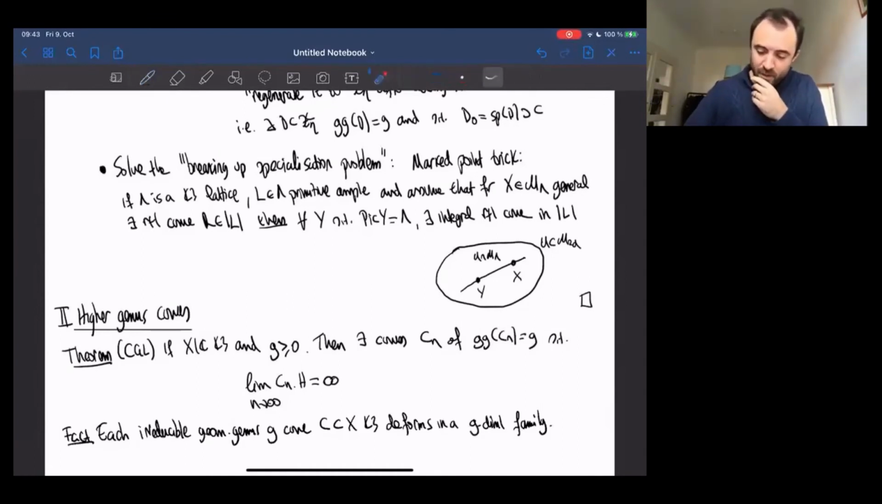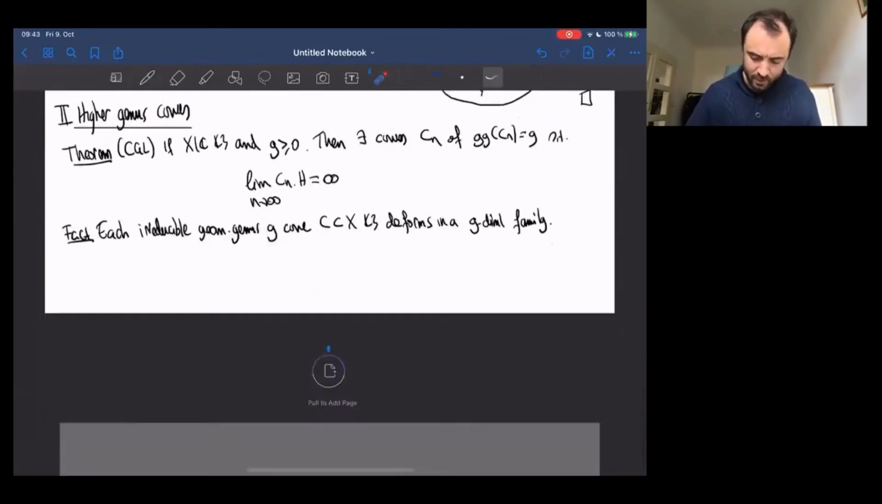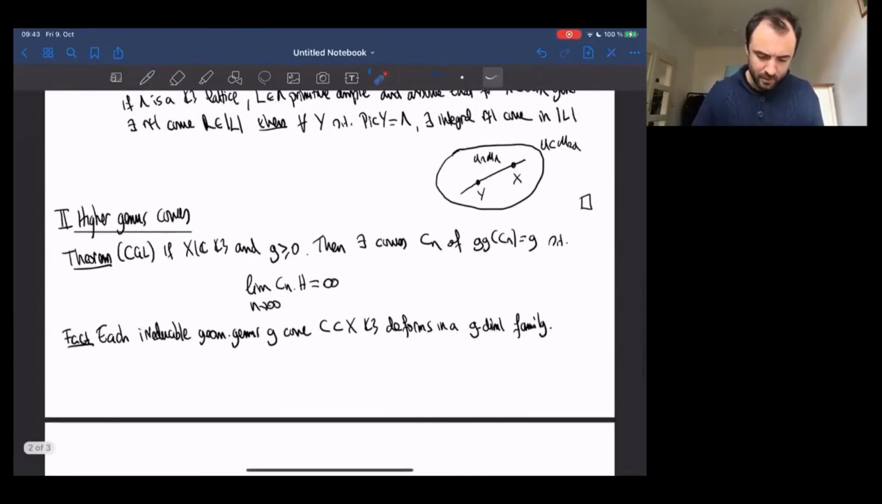Okay, but one thing that is not so clear here is what happens to the arithmetic genus of these curves. So indeed, the intersection of these curves with an ample goes to infinity, but we'd also like to show that Cn squared goes to infinity. Okay, so that's one question. And perhaps the more interesting question is, well,